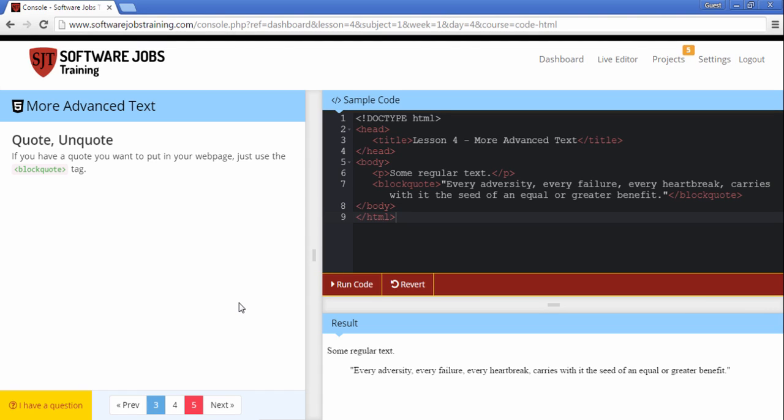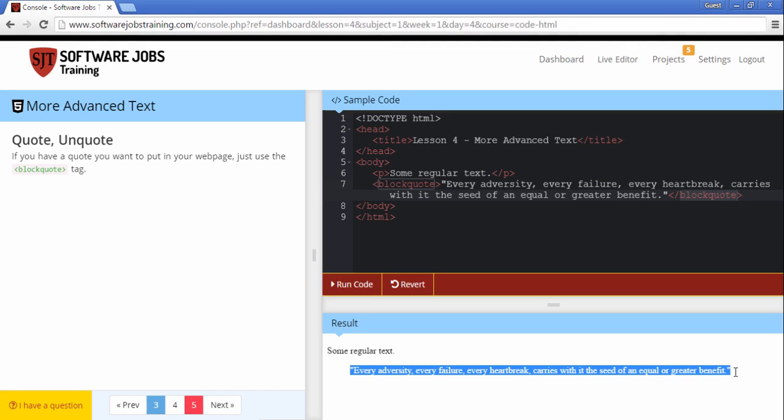Quote is quite a basic tag that is usually used to enclose the quotes said by someone. So if you have some text that was actually said by someone, day-to-day quotes, they're not actually used that much in HTML, but they're quite the same as the p tag. So you can just start the block quote, and you can just end the block quote, and in the output you can see that it will put some